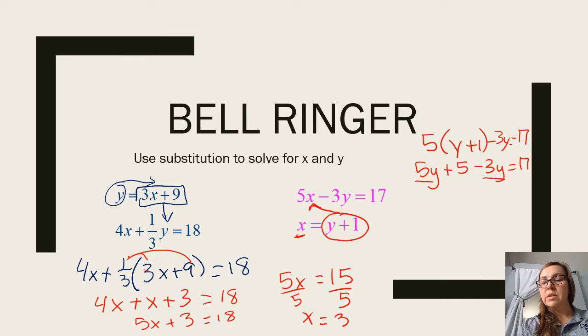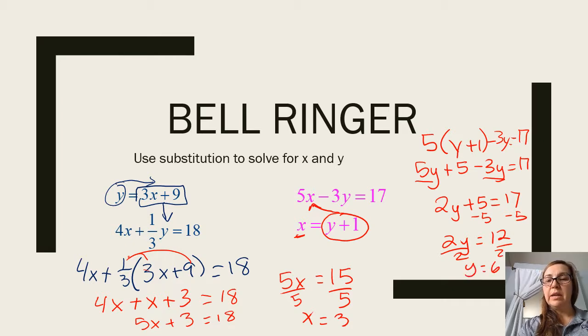Combine like terms, 2y plus 5 equals 17. Subtract 5, and last, divide by 2. And now we found the values for both, and my answer is x equals 3 and y equals 6